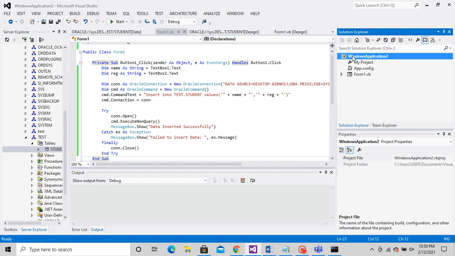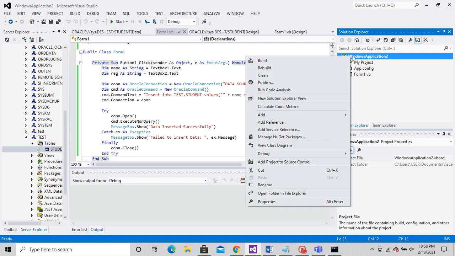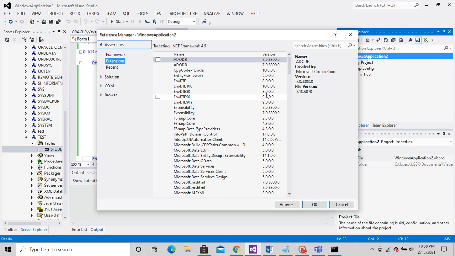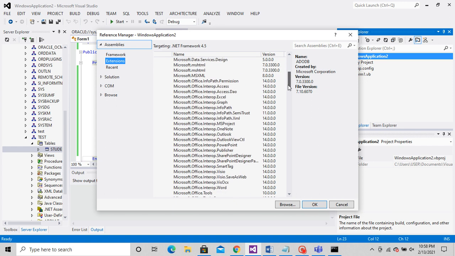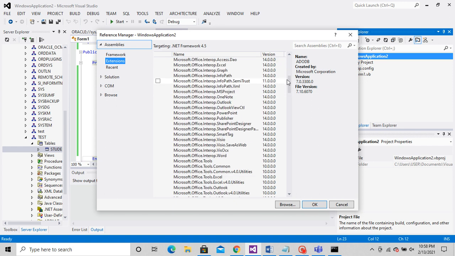Please go to the Solution Explorer, on the right hand side. Under Windows application 2, the application which I have created, right click on that and go to add reference.